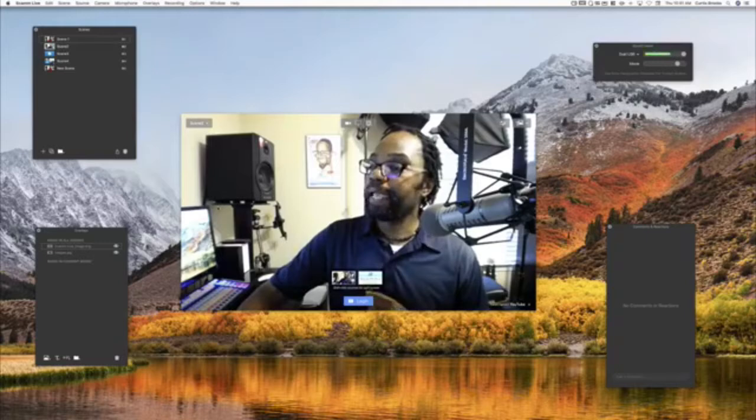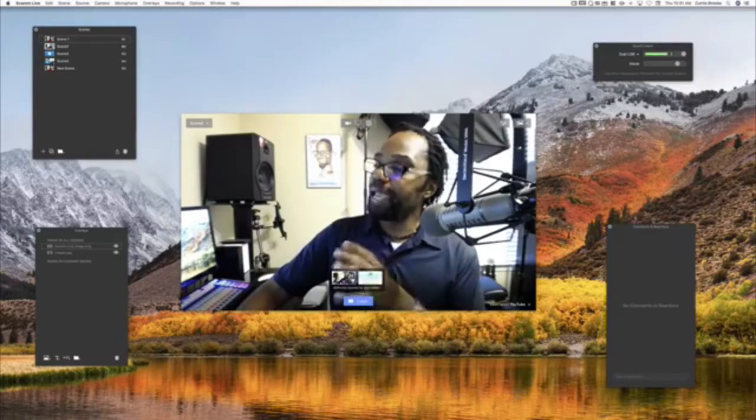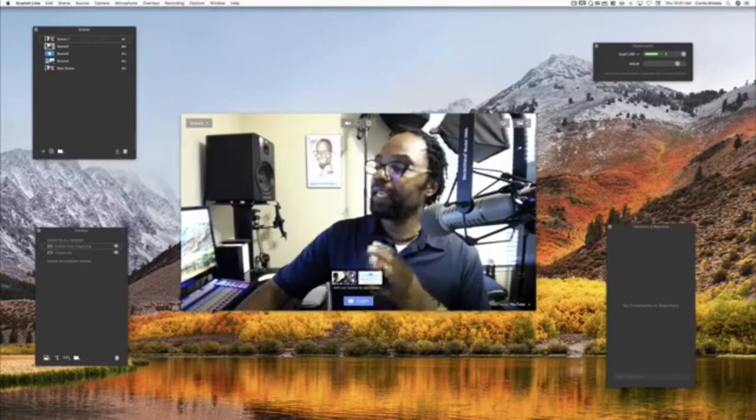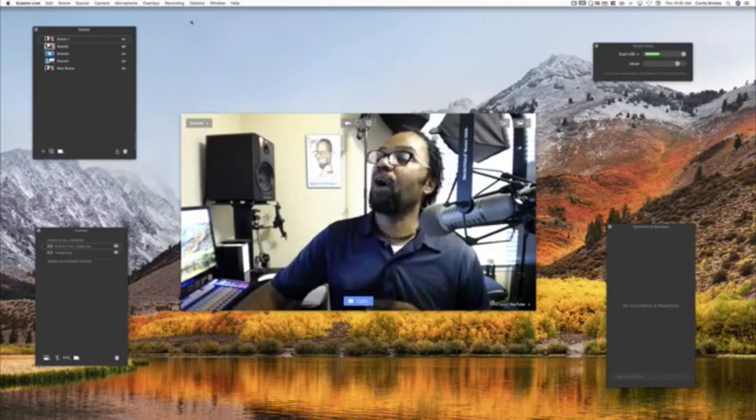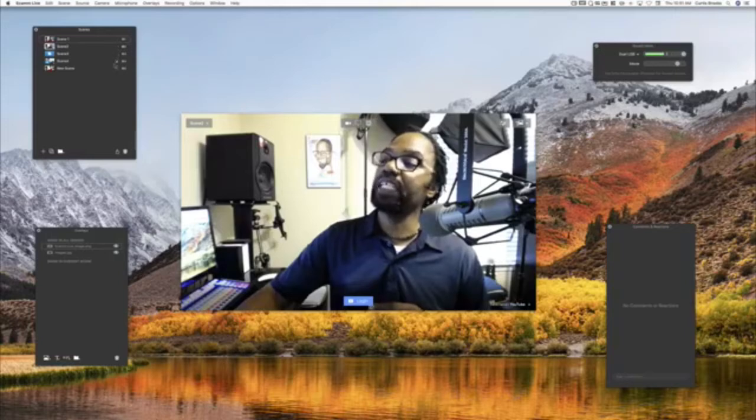Okay, in any event, now I have this Manycam. It's a virtual camera, it's not an actual camera. So now I have this Manycam here on my window, and I'm able to switch with this camera. All of my scenes are unlocked, and I can connect with each of these scenes through the shortcut key. For the Mac, it's going to be Command 1, Command 2, Command 3, and so forth for each of the scenes I have listed here, 1 through 5.